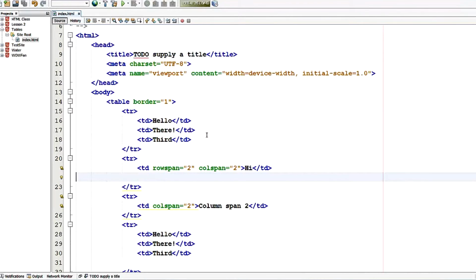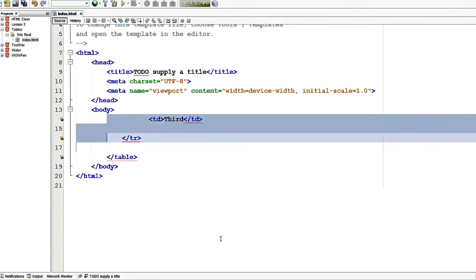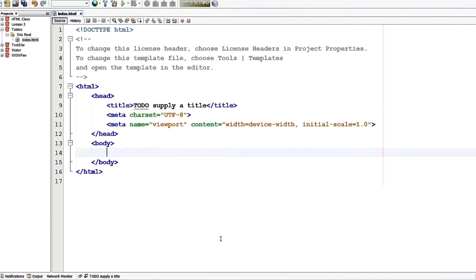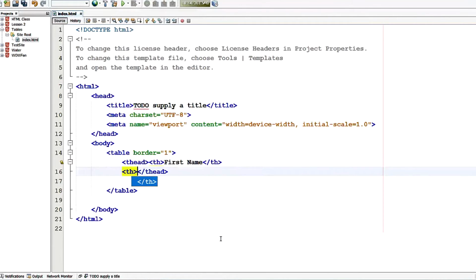Alright. And once tables get longer, let's get rid of this table. There's some additional tags you can use. So, table. Let's add our border equals 1 so we can see the outline of the table. There's thead. This is for the headers, which will actually specify the th tag, header. So let's do first name, table head, header, last name,